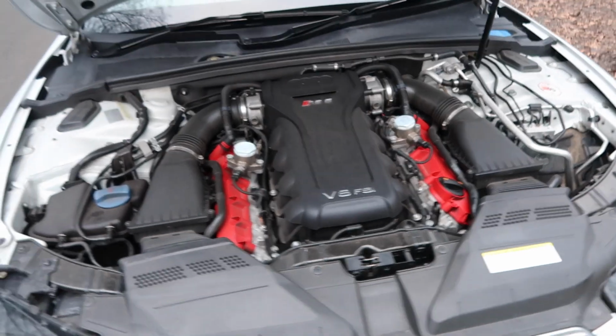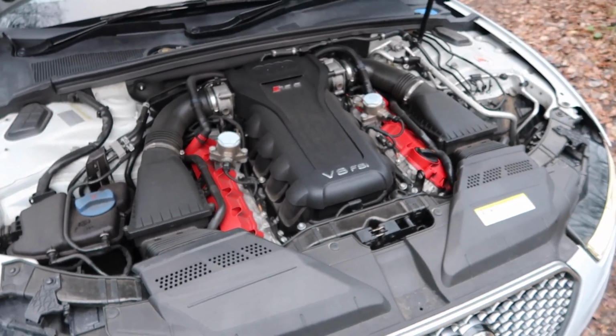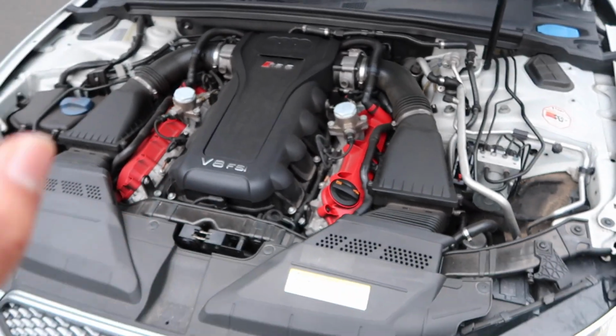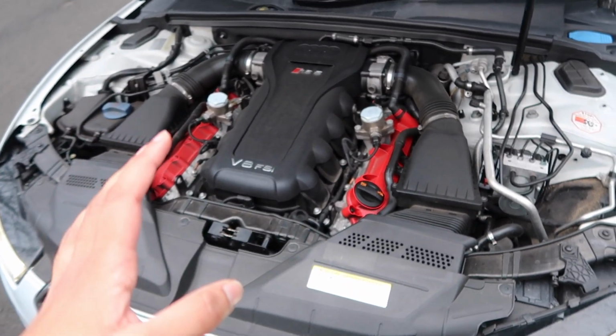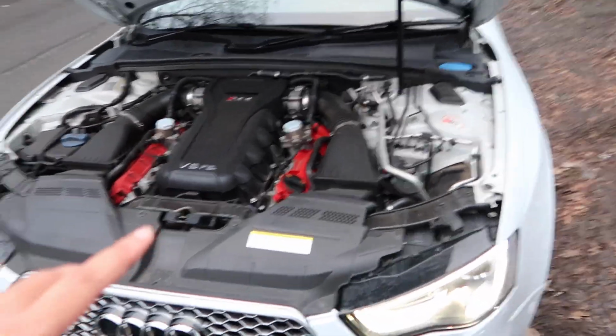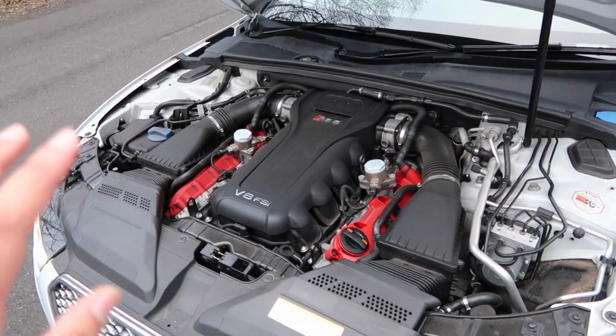Alright, so 4.2 litre V8, no messing around, naturally aspirated. Standard they make around 450. This one is tuned, but of course naturally aspirated, you aren't going to get huge gains. Of course, this thing has got an overrun added to it, so the owner tells me it's around the 470